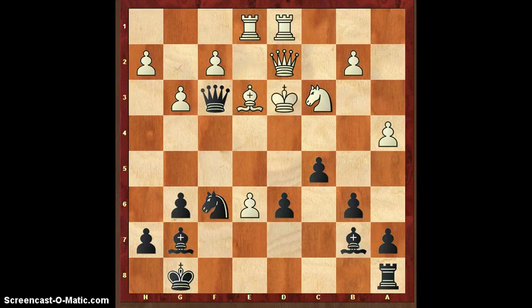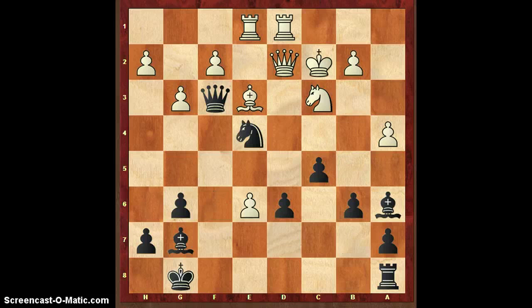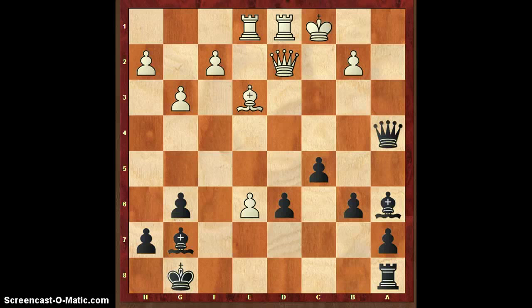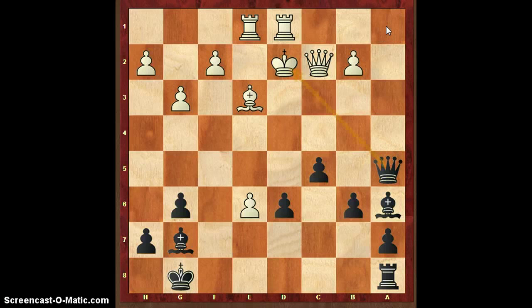If the king goes to d3, then the first line goes like this. Bishop to a6, check, king to c2, knight to e4, attacking the queen on d2, knight takes knight, queen takes, check again, king to c1, queen takes pawn on a4 and preparing a1. And if for example Zak played queen to c2, attacking the queen, then queen to a1 check, king to d2, queen to a5 check, and checkmate because the bishop is on g7.